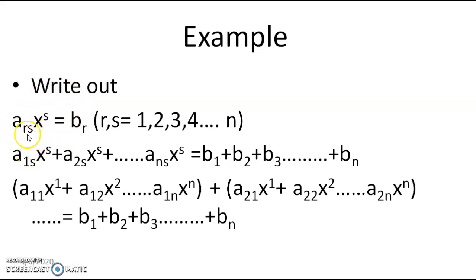So first of all, in place of r, we write 1. Okay, r is equal to 1, 2, ... n. So s is not expanded in the first case. In the right hand side, it is br. In place of r, you can write 1, 2, 3, etc. up to n. Okay. Secondly, only this term